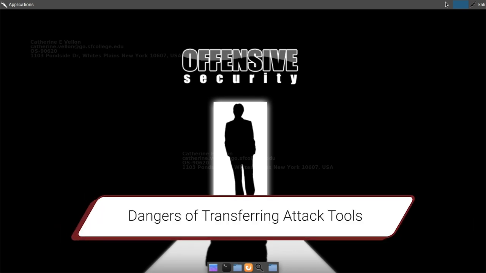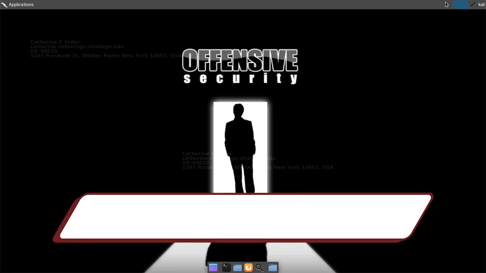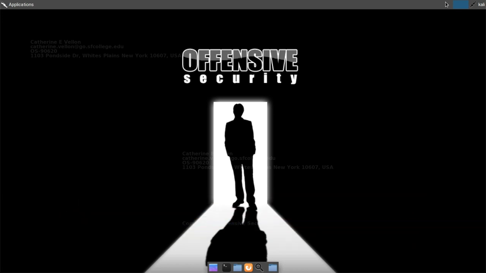Dangers of transferring attack tools. In some cases, we may need to transfer attack tools and utilities to our target. However, transferring these tools can be dangerous for several reasons. First, our post-exploitation attack tools could be abused by malicious parties, which puts the client's resources at risk. Second, antivirus software, which scans endpoint file systems in search of predefined file signatures, becomes a huge frustration for us